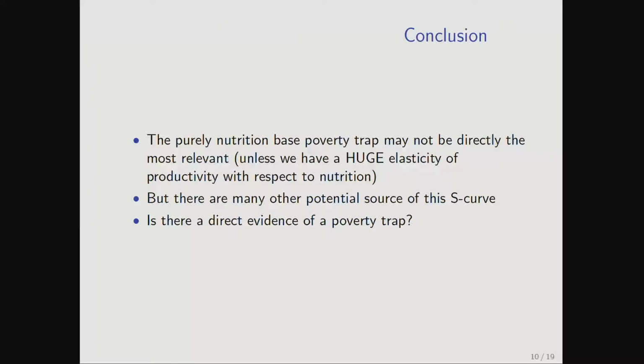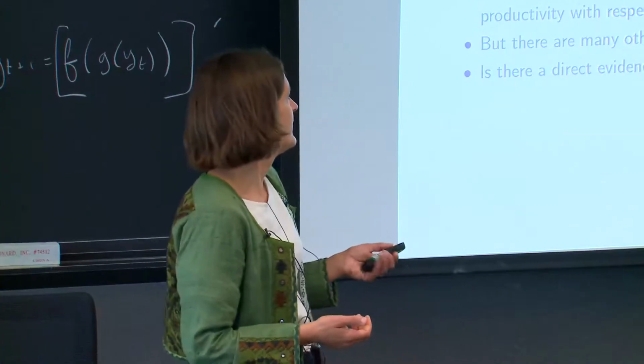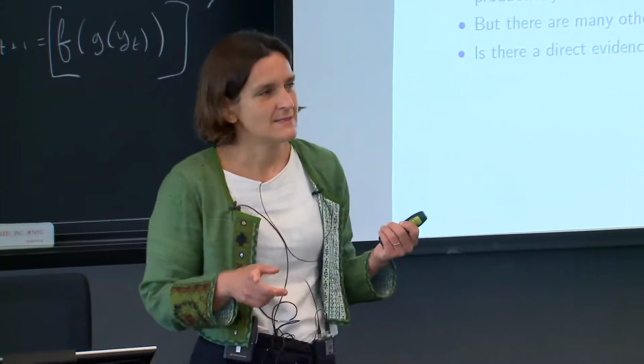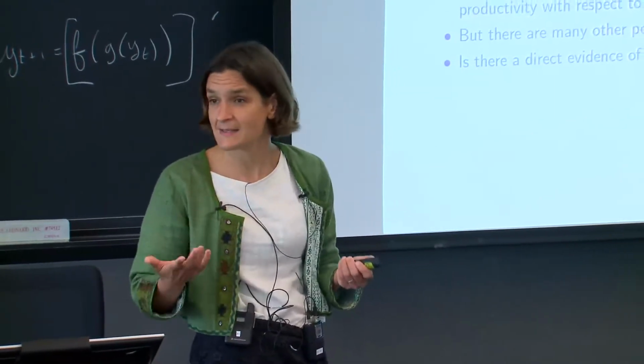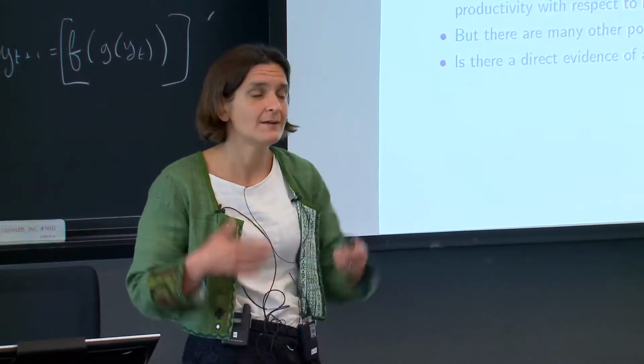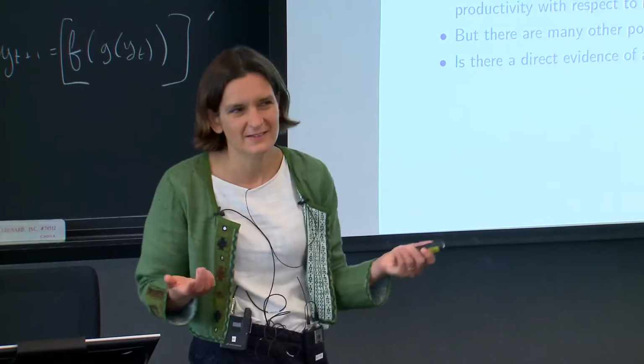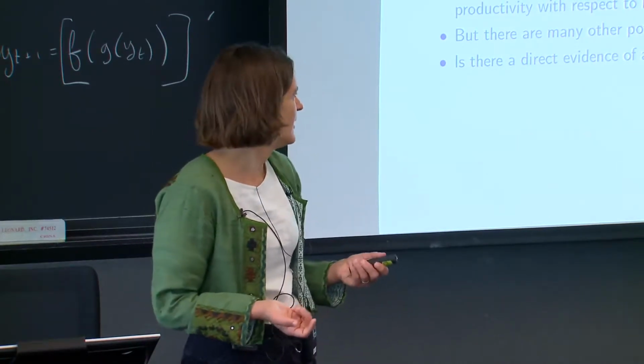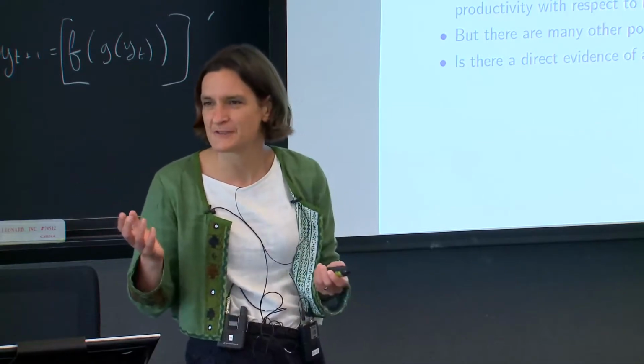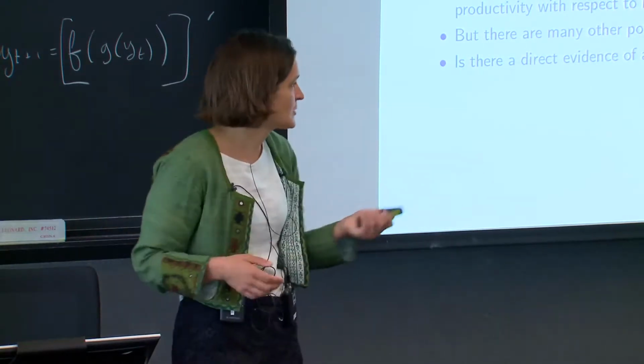food availability on productivity. And the summary of that is that at the daily level, it's not that high. It's not 0, but there are experiments on that where you feed tea workers and they produce more tea, but it's not enormous at all. So it is quite unlikely that this mechanism itself, which is highlighted in the Dasgupta and Ray phenomenon, is that pertinent on the ground. But we haven't lost our time, because there are so many more potential sources of this